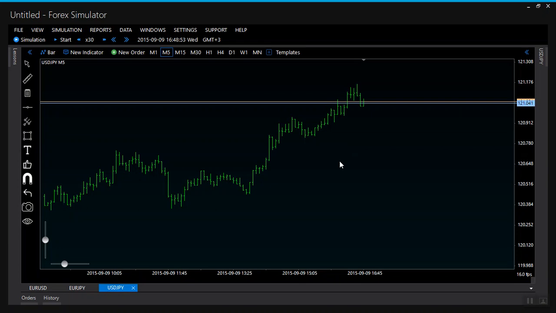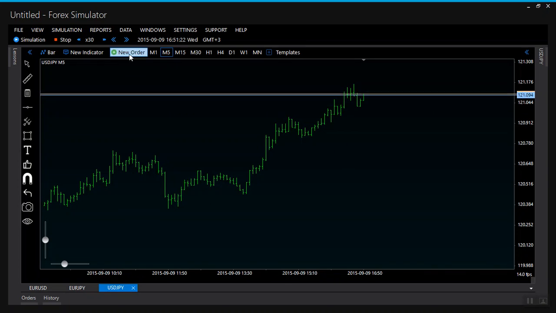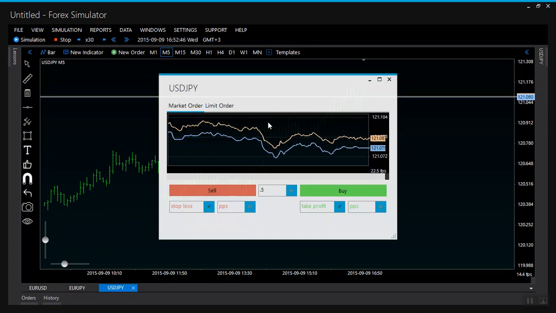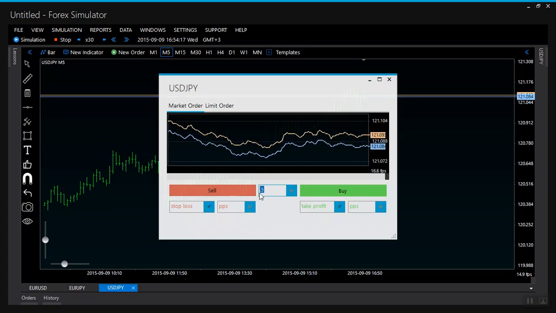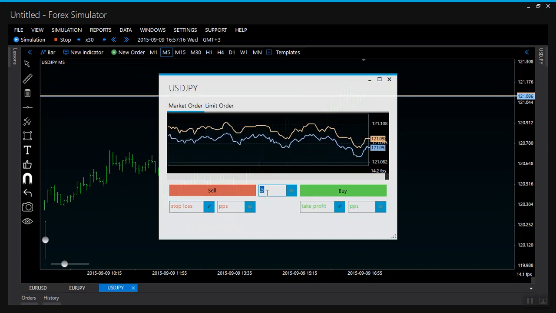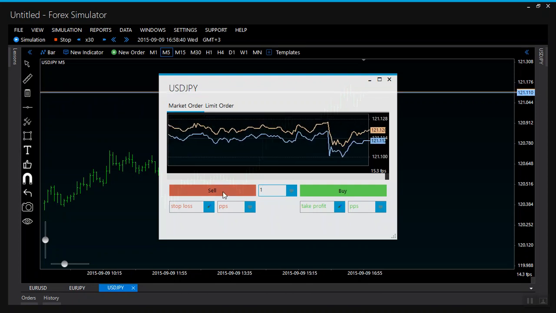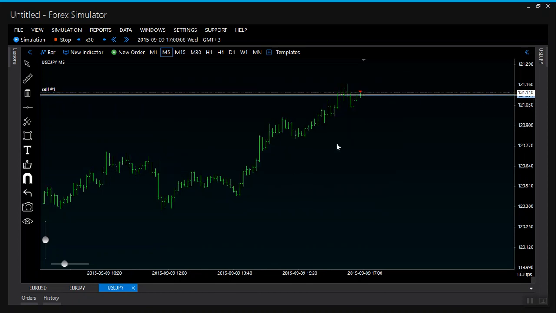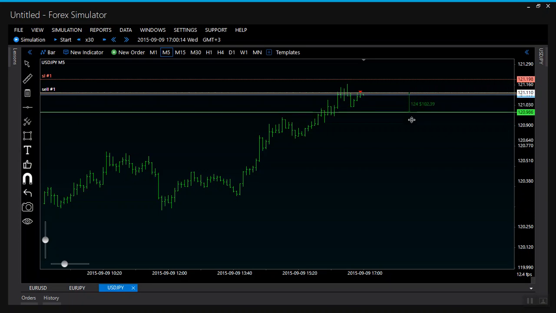Now everything is ready for placing a trade. So I resume the simulation, and then I click here on the new order to place a trade. I click on it, and here you can adjust the position size and also the take profit or stop loss. So I go for one lot, and I click, for instance, I want to go sell. I click the sell, and here, as you can see, the order is placed on your chart, and you can also drag and determine your stop loss because it is a short, and also you can adjust your profit target,